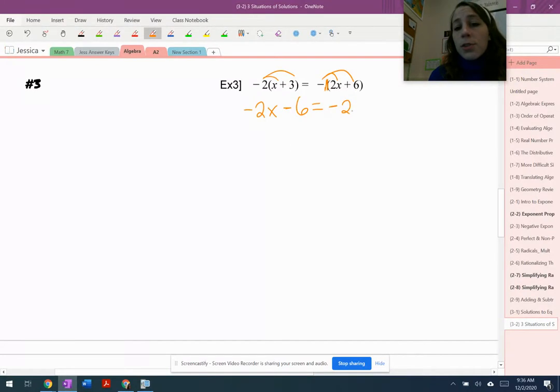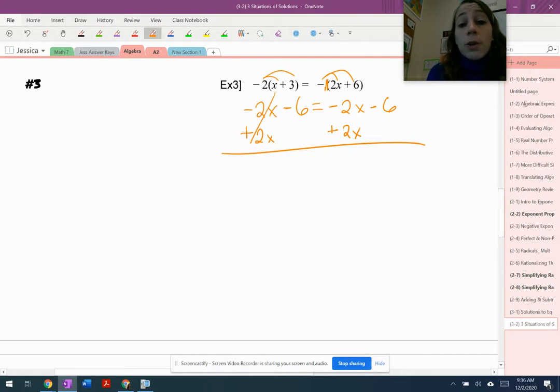So -2x minus 6. Now at this point, you might be able to notice what's going on here, and you might be able to make a conclusion here. But I'm just going to keep going. So again, trying to get all my x's on one side by adding that -2x to both sides. -2x plus x cancels out. Same thing. And this time, I'm left with -6 equals -6, which is a true statement,